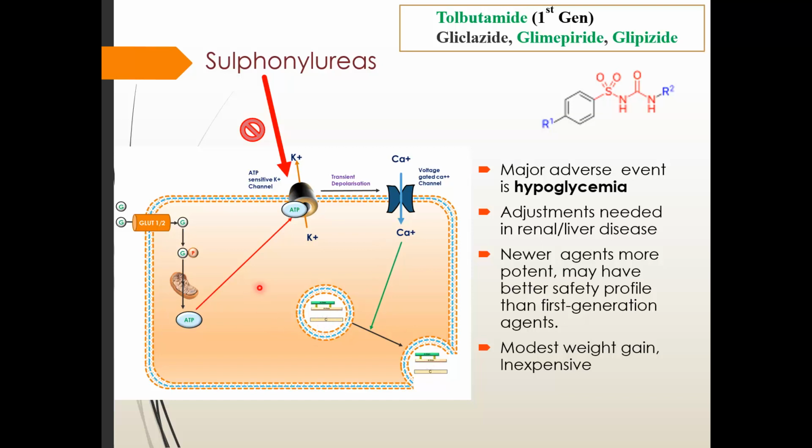Now how sulfonylureas work? They inhibit this potassium channel. So all the insulin secretagogues mostly, they act by similar mechanism, by inhibition of this ATP sensitive potassium channel. Sulfonylureas as well as non-sulfonylureas insulin secretagogues, they act by this mechanism. DPP4 inhibitors, they also increase insulin release, but they act by GLP-1 receptor pathway. They inhibit the breakdown of GLP-1, but that is a separate thing. But the sulfonylureas, insulin secretagogues, they act by inhibition of ATP sensitive potassium channel.